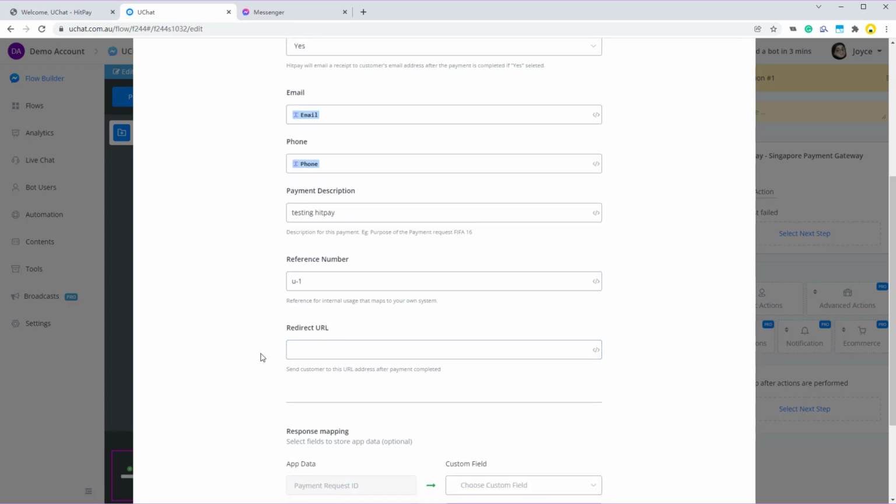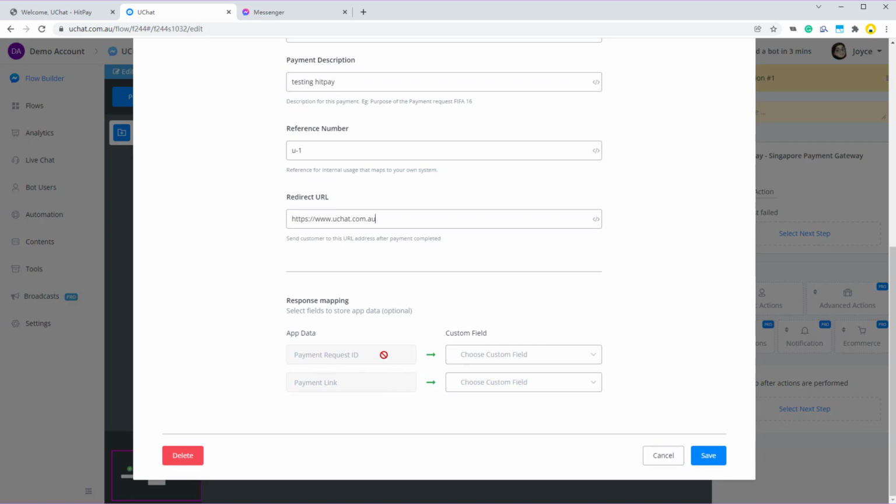And redirect URL means after the payment is completed, HitPay will send your user to this URL. Let's say, let's send them to UChat's website. Alright? All done. Now in the output area, let's